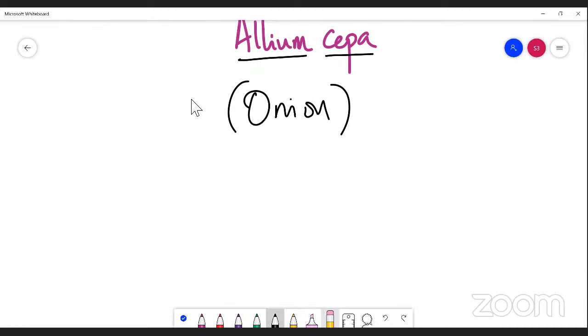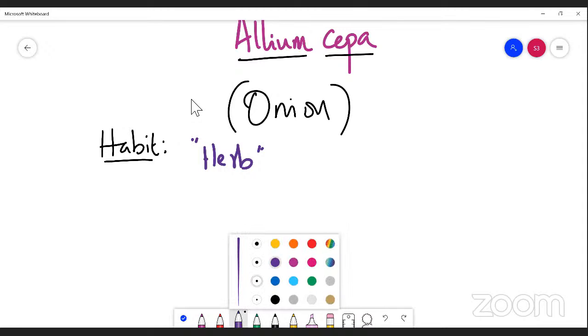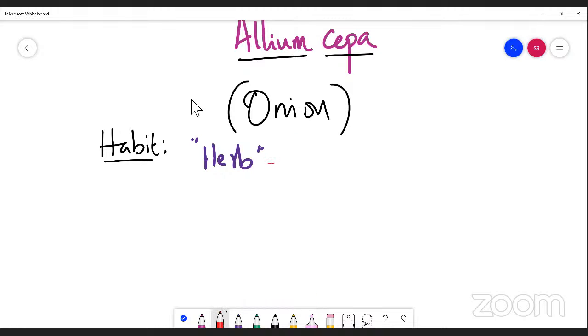Let me take the first category, the habit. If you take Allium cepa, you can say it is a herbaceous condition. It is a herb which is bulbous in nature. Sometimes it may be a bulb-like structure, a bulbous growth. Now this is Allium cepa in which you find, dear students,